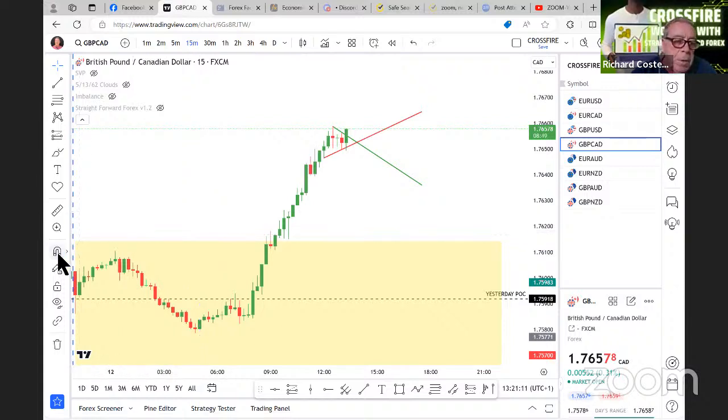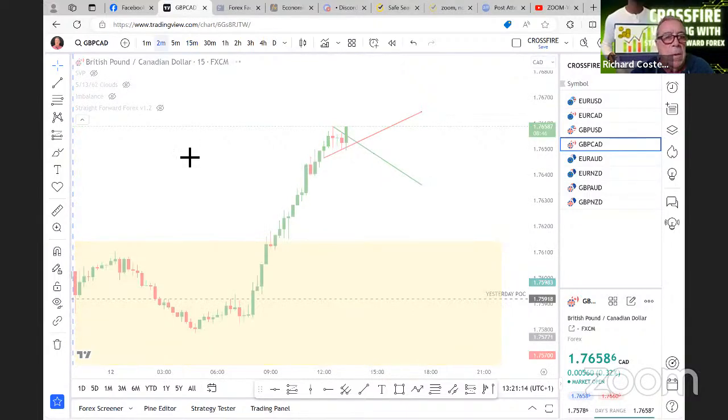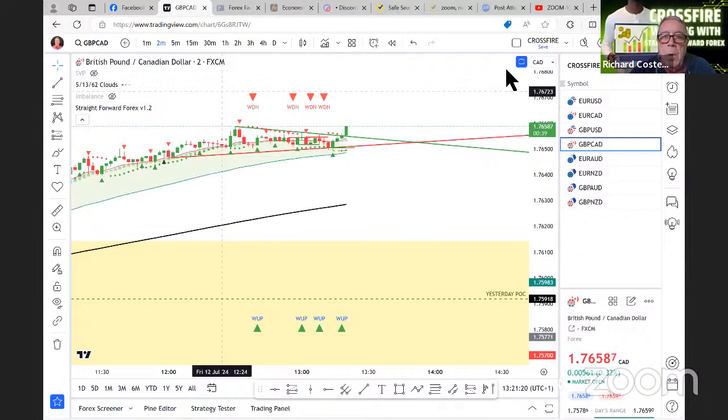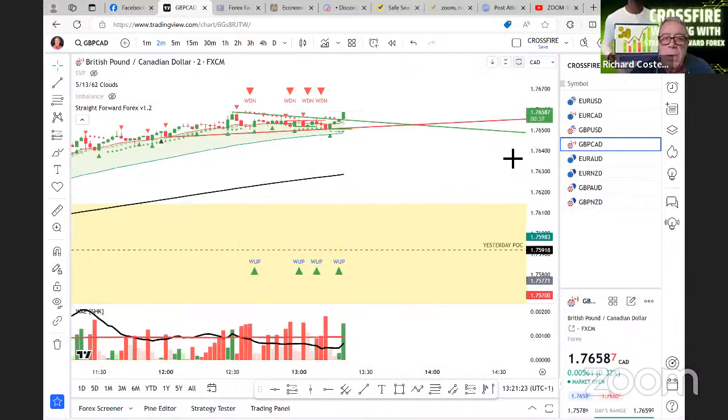I need to take off the magnet tool. I need to drop down to the 2-minute chart, put on the straightforward Forex indicator, put on the clouds, and put on the water atta. If I just make this bigger,